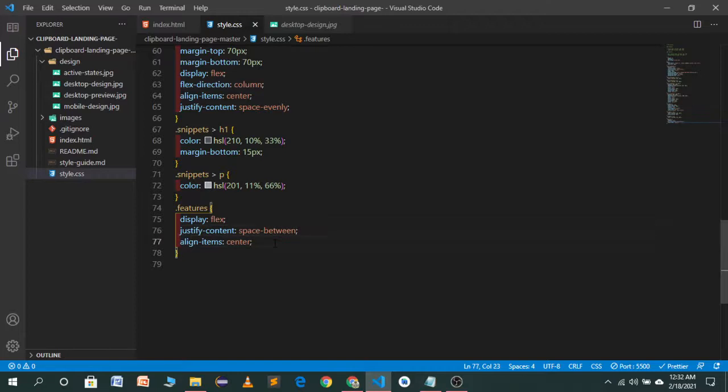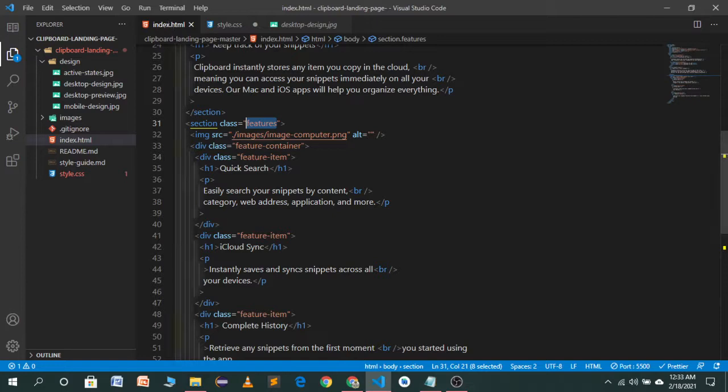I think we should target the text container in the features section, which will be this one, feature-container. Let's target this one.